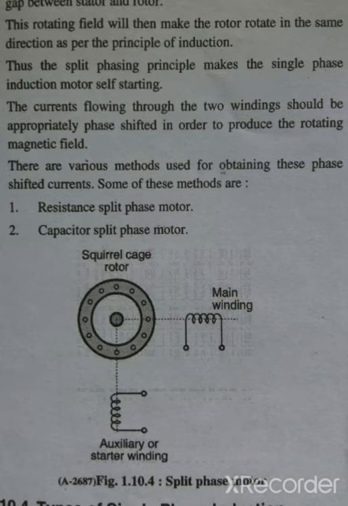Slip rings are made up of phosphor bronze or copper. The slip ring consists of the external resistance via brushes. Brushes are made up of carbon and it provides connection between resistance and the slip rings.